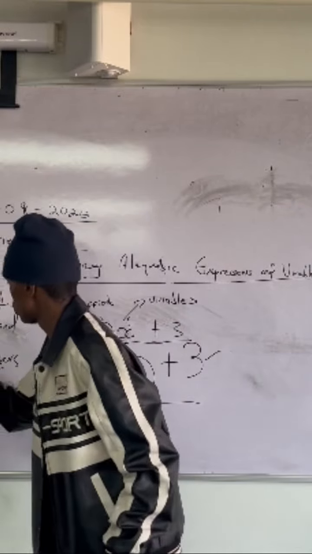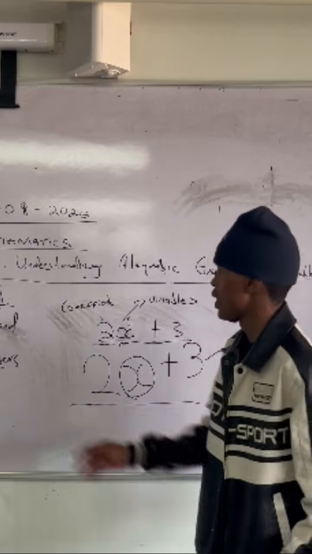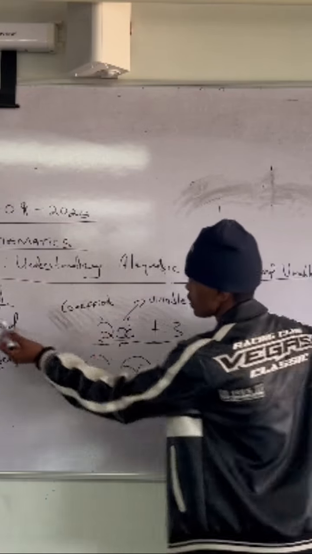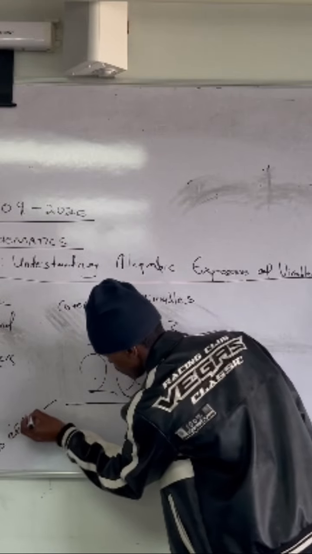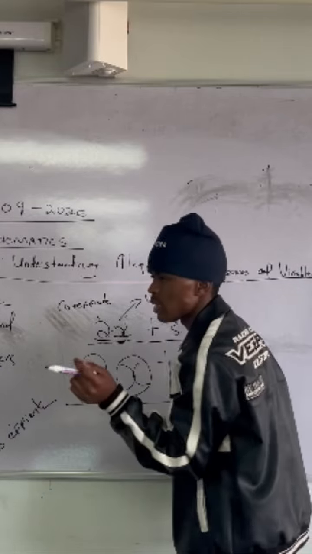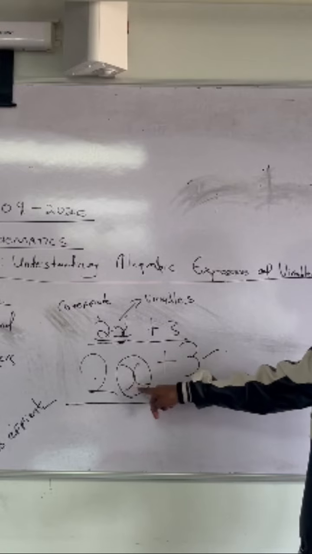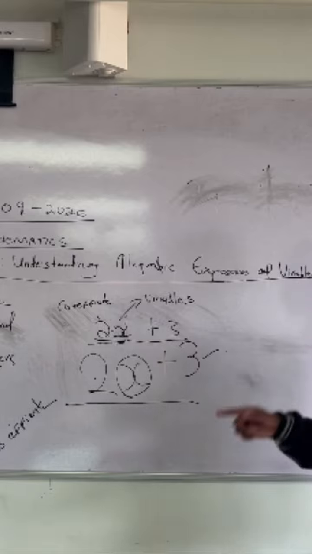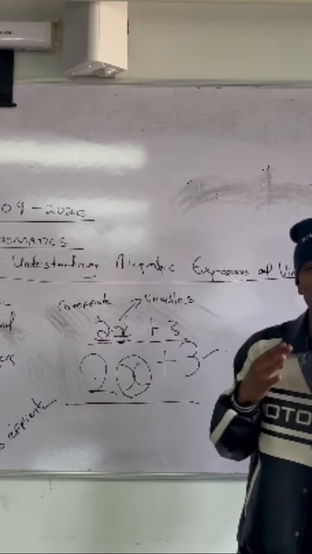We want to buy 2 pencils, each pencil costs X rand, and we also want to buy 3 erasers. So as an expression, this 2 is the coefficient of the pencil. So this stands for the coefficient, these 2 pencils, which means we have 2 pencils. It's like 1 times 2 to get this 2. Then this X, we don't know the cost, represents the cost of the pencil. Each pencil will cost X because we don't know the cost of the pencil. Then, as we noted before, the expressions also involve the